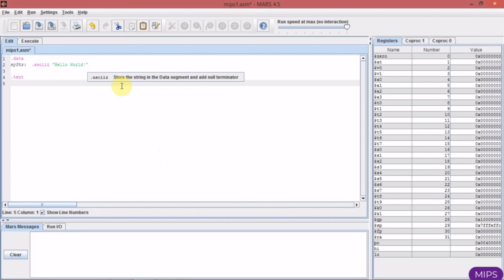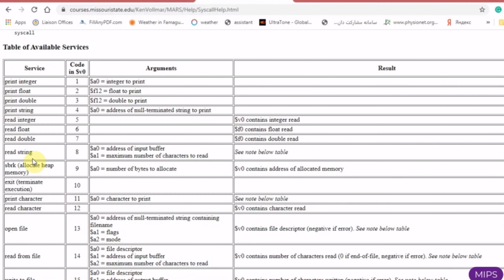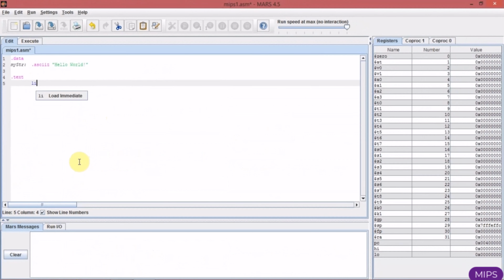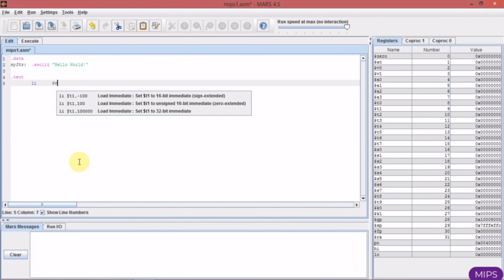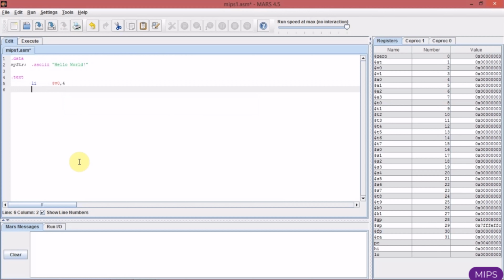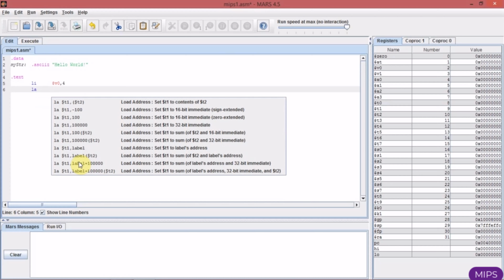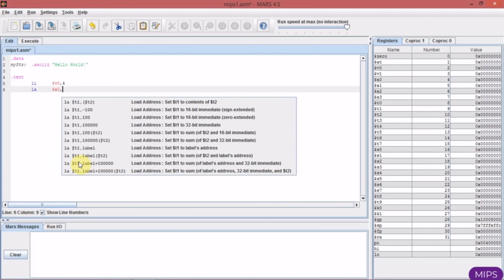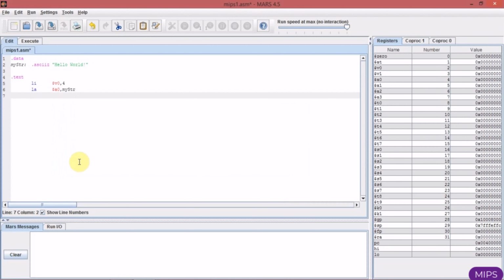Now I want to execute the corresponding system call. If you check this table for print string, the system call code is 4 and the address of the null-terminated string that you want to print should be inside register $a0. So load immediate inside $v0 the number for the system call code, and in order to load the address of my string inside register $a0, I use the load address instruction, the name of the string, and now execute your system call. Save your program